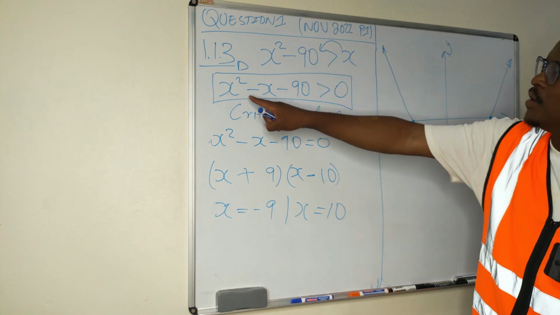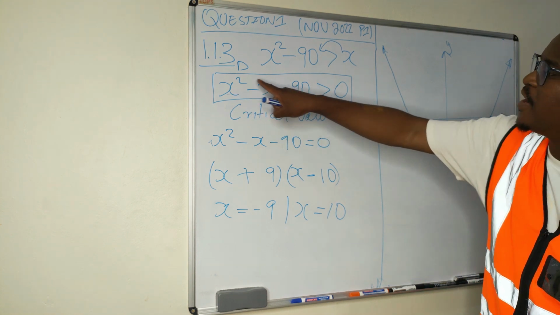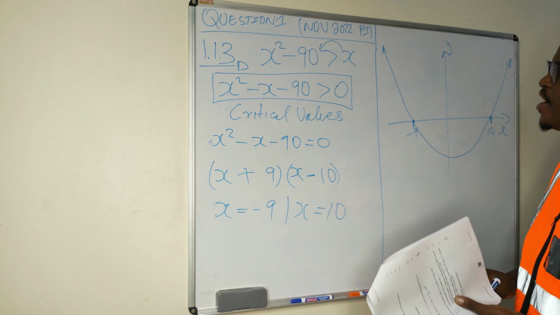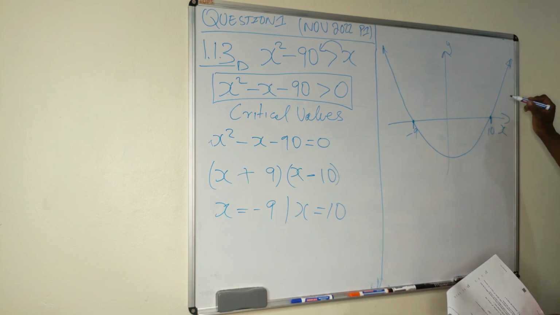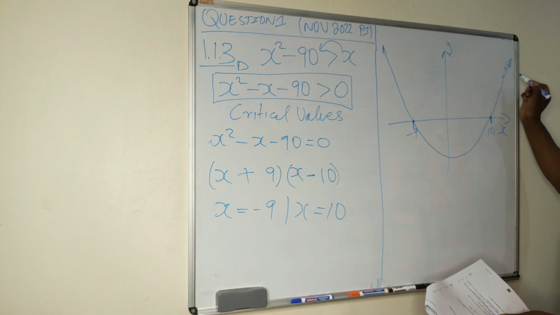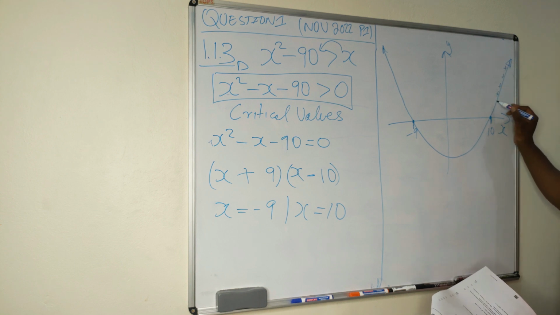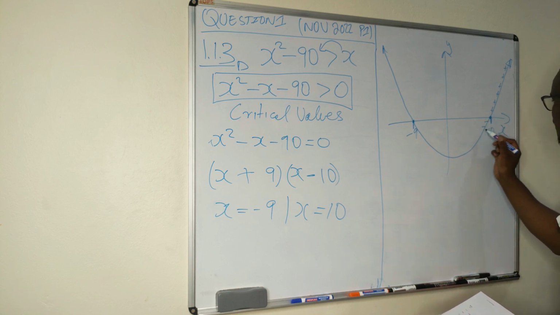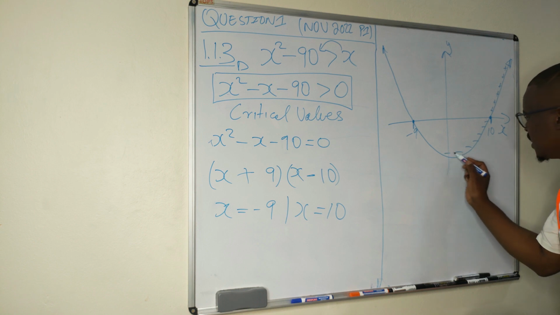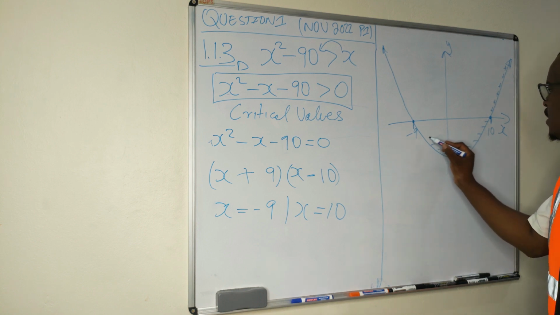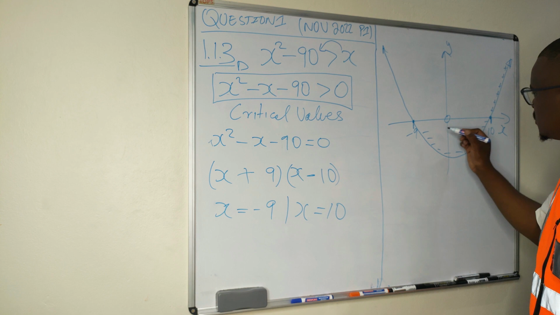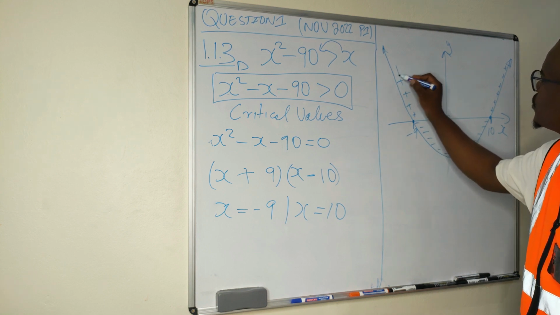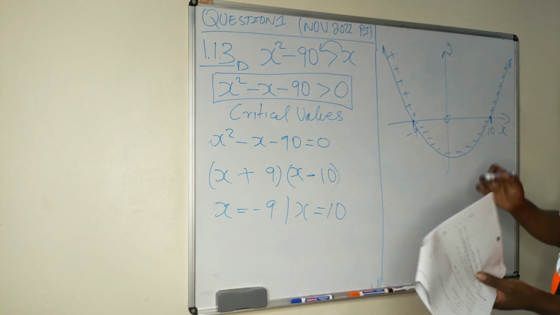So you want the values of x where our function is greater than 0, which means where it is positive. Where is it positive? So here it's positive because it's above the x-axis. Positive, positive, 0 here. Negative, negative, because it's below 0, right? Then negative, and then positive, positive, above